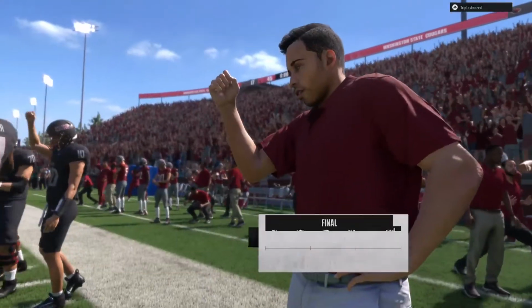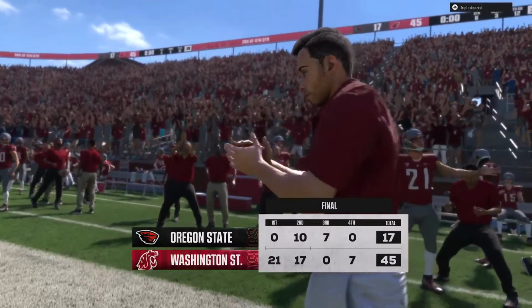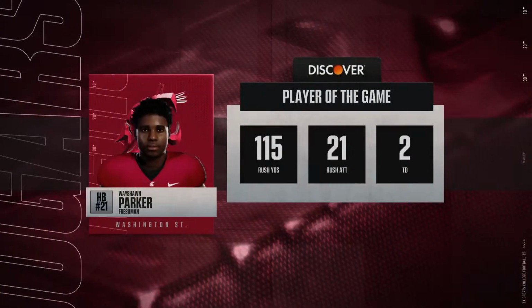Not a lot of drama in this one as they just get punched in the face and lose by double figures. Not a lot of drama, but there is a lot to fix. On offense, on defense, on special teams. This team, David, they've got a lot to